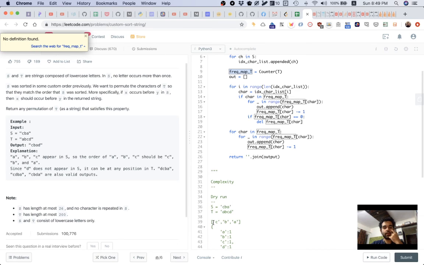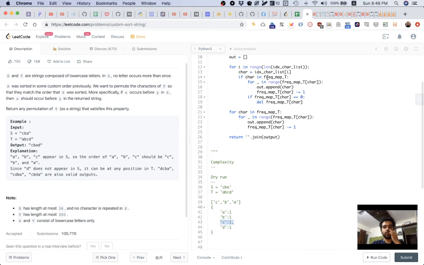Now we are gonna get a character C. We're gonna check if the character exists in this frequency map, which it does. So we pick up the value, which is 1. We loop from 0 to 1, which is 0 only. We append the character, so output now becomes C. We reduce the frequency, so this will become 0. Now the count becomes 0, so we're gonna delete it. This deletion is kind of important because otherwise what's gonna happen as such,